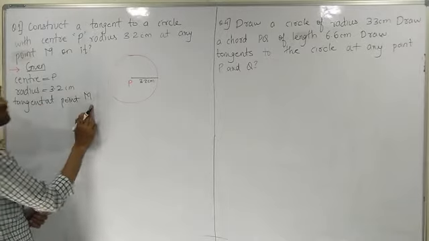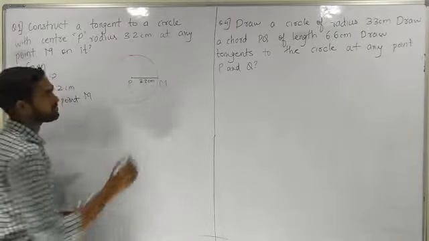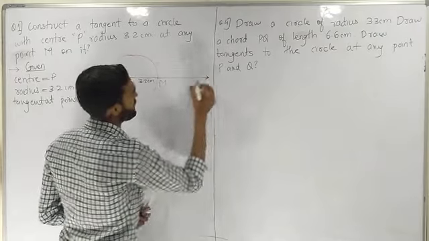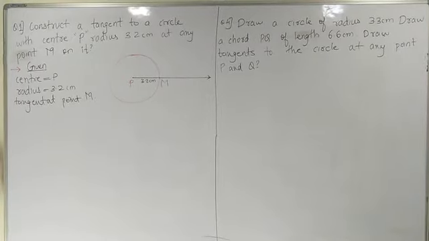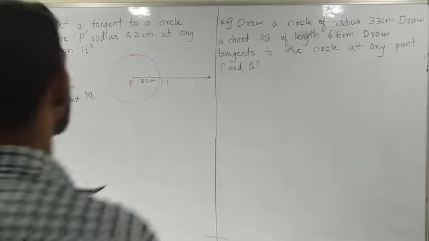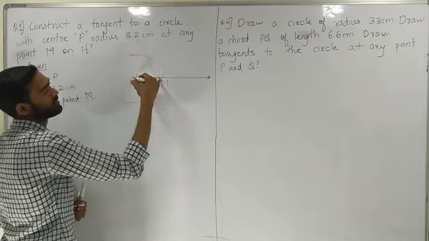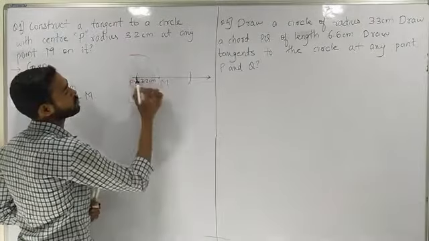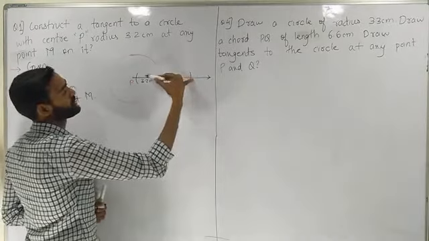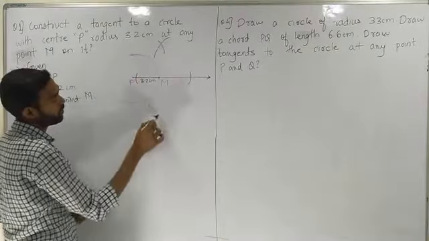draw the tangent at point M. So anywhere on the circle I am taking this point as M. Now what I do, I will extend this line. Clear this much everyone? Now what I do, from point M, we'll draw two arcs. One is inside the circle, other is out of the circle. Clear? Now these are the 2 points, 2 arcs. Now I'll take my rounder here. More than half. One arc is up, one is down. From this point, one up, one down.